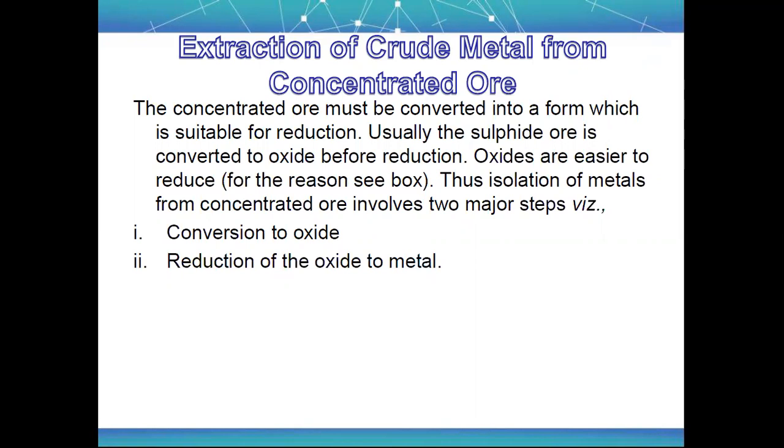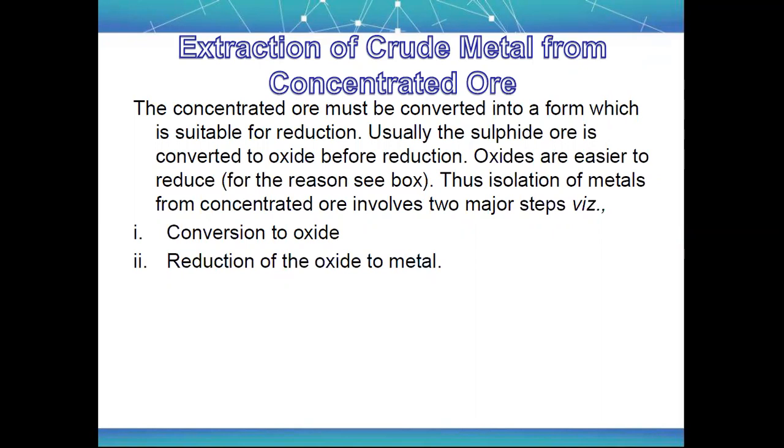After obtaining the concentrated ore by those two processes explained in our chapter, magnetic separation and froth flotation, we still will not be able to find a pure metal, because up to the last step the metal can react with the gases also. Okay, they can form oxides, they can form sulfides, they can form carbonates. So there are different types of processes to separate out gases from these elements, so that we can obtain a pure form of metal.